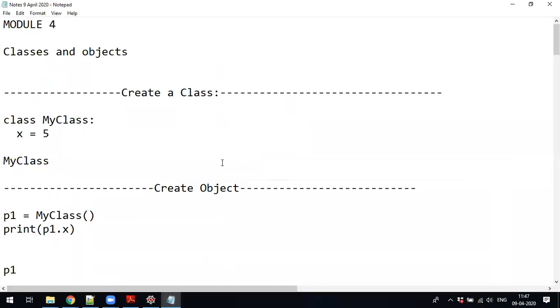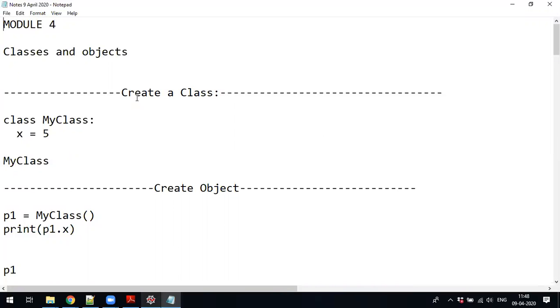See, in the previous class, we started with classes and objects. We'll once again recall how to create a class and an object. Also I discussed in the previous class the importance of the class, why we should go for the class. If you want to store any information about a single example, in case of an employee or a student, there will be so much data related to one particular entity, like an employee or a student.